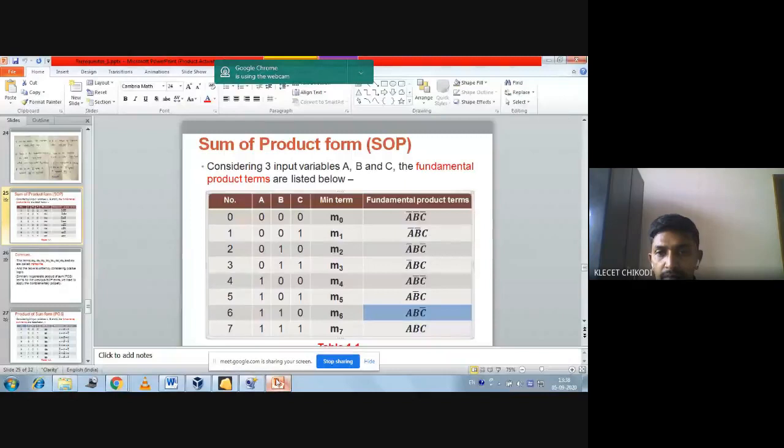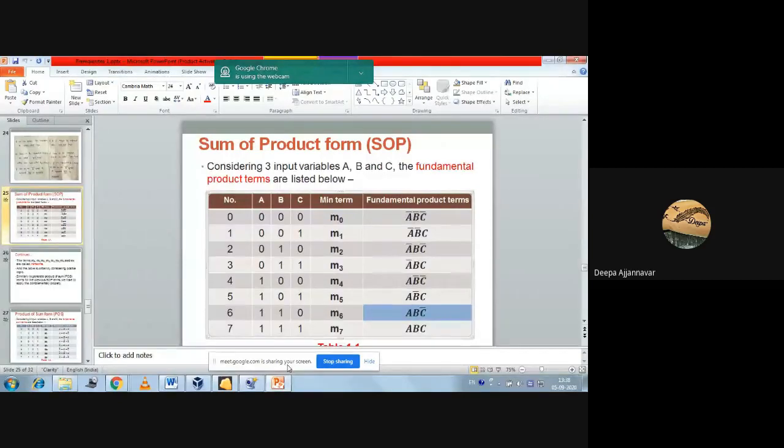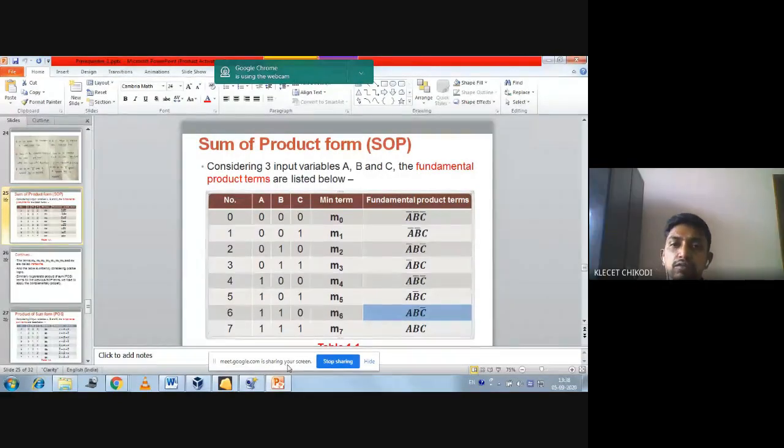POS term corresponding to A, B, C bar. That is for min term 6. A bar plus B bar plus C. Okay, so that will be A bar plus B bar plus C. That is correct. So anybody for M3, that is for min term A bar B C, what will be the